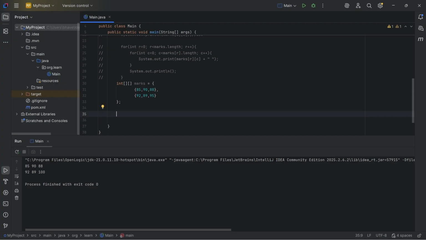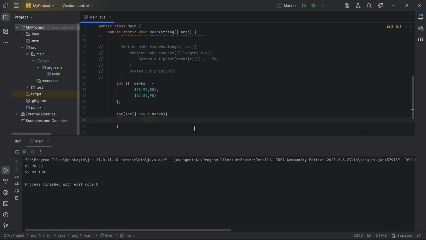There is another way of traversing these values. So let's say for int array, and the variable is row, and here we'll write marks. So marks is a 2D array, so we are iterating 2D array, so each time we'll get one row,